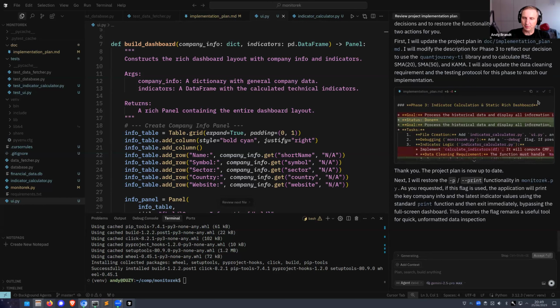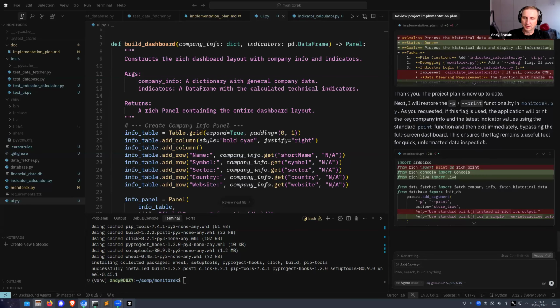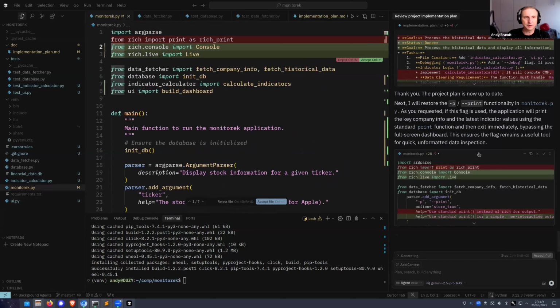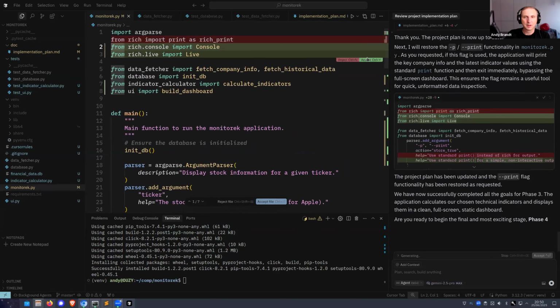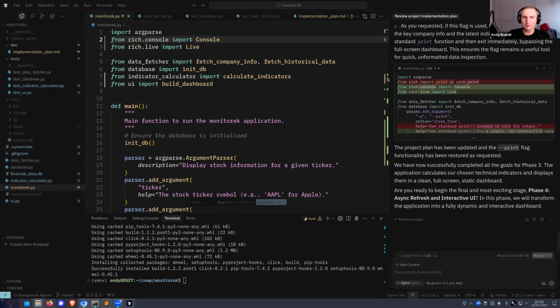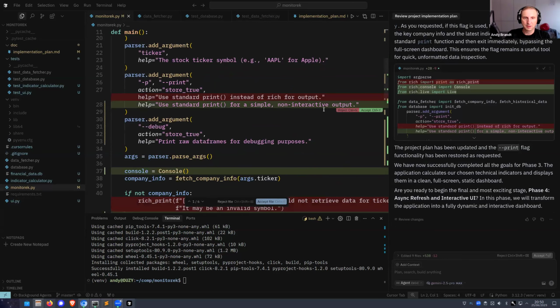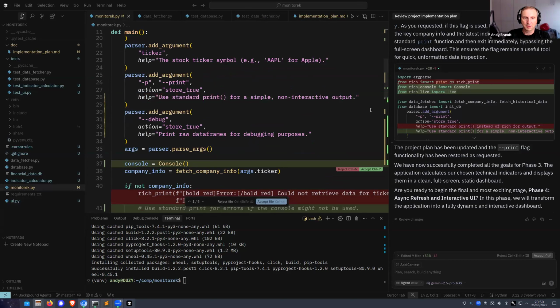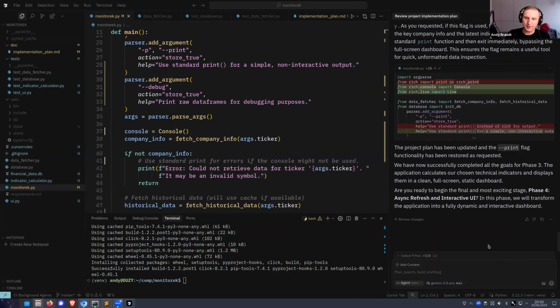I'm not sure phase 3 is done, by the way, but let's hope it is. Let's see what it's doing. Okay, that seems okay. Okay, so I think that's okay. And let's see now. But I don't think it has the created tests and run the tests. So let's switch to another model and do that.